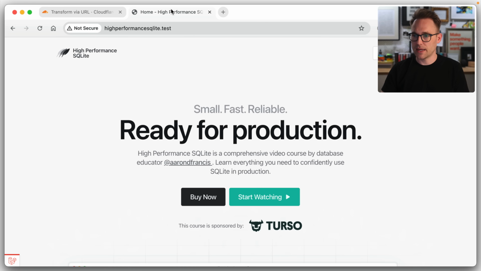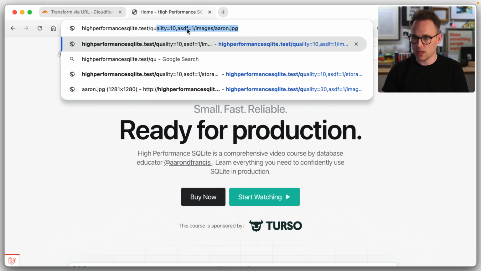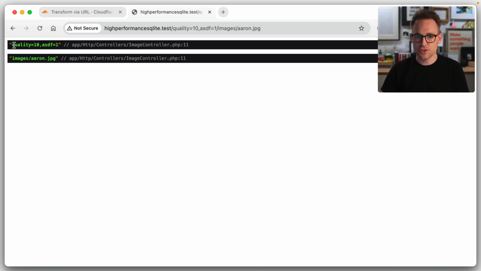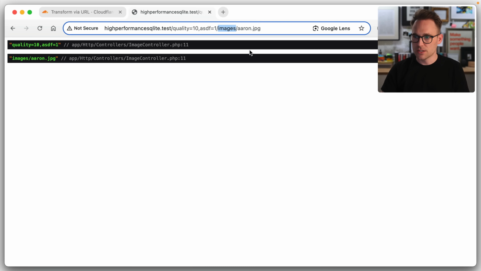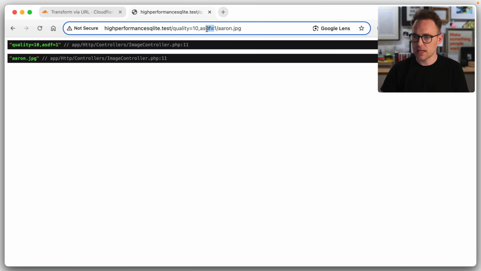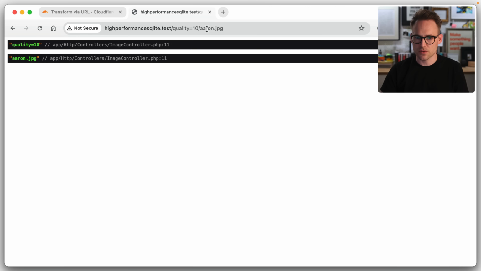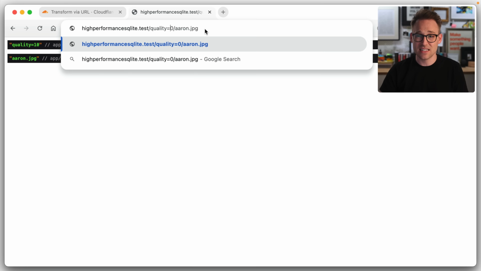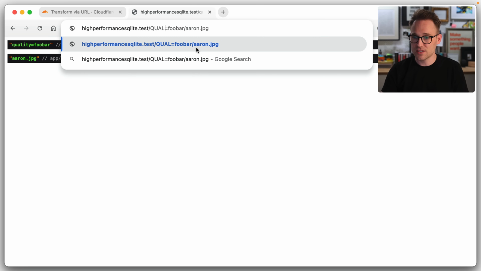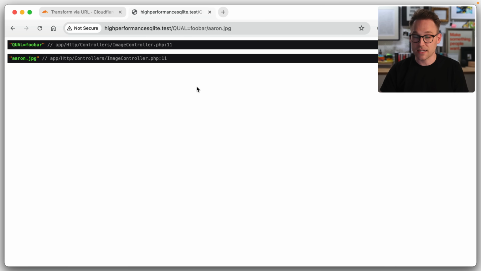Okay, so coming out over here, we can say quality. Oh, looks like I've already been testing. There we go. So this should be the options. Yep, that looks correct. That should be the path. That looks correct. So if we drop, that still looks correct. And if we change this to just one parameter, that looks correct. And then if we say foobar, that looks correct. And if we change this to all caps, that looks correct. All right, we got our regexes right, which is not always guaranteed, but we did get them right in this